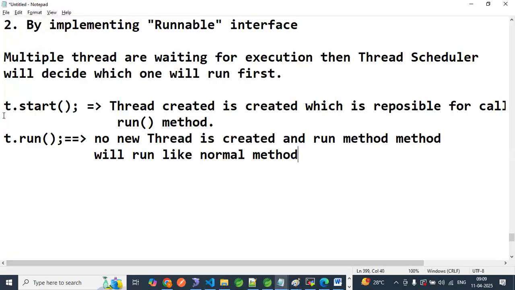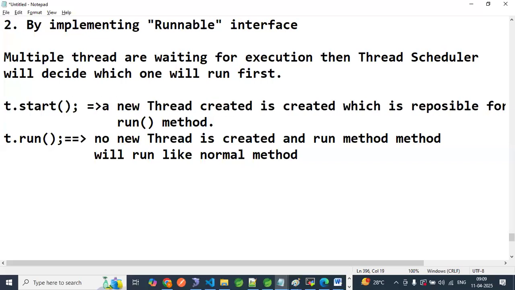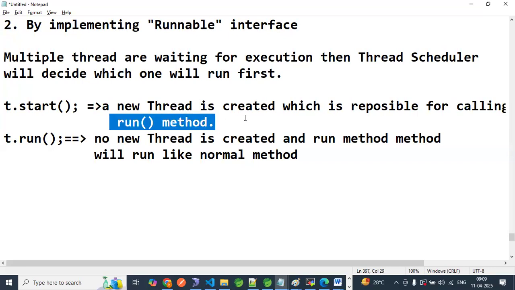So when we are using t.start, this method is coming from where? This method is coming from the Thread class. So a new thread is created. Internally, it is calling the run method. Okay? Now,